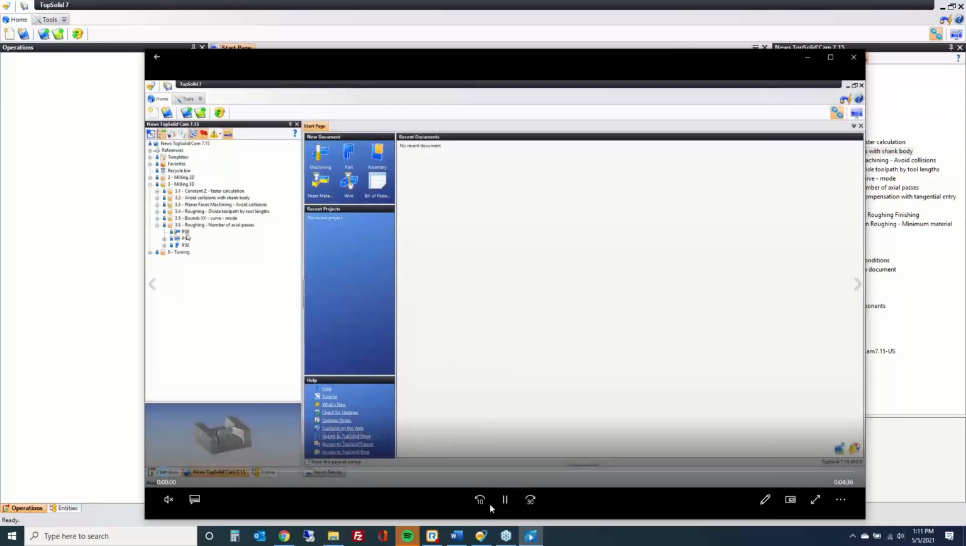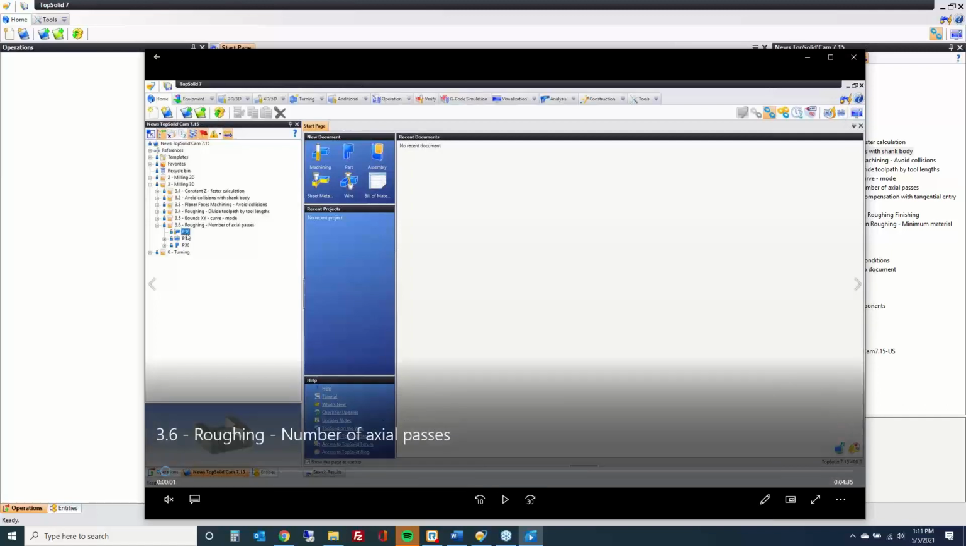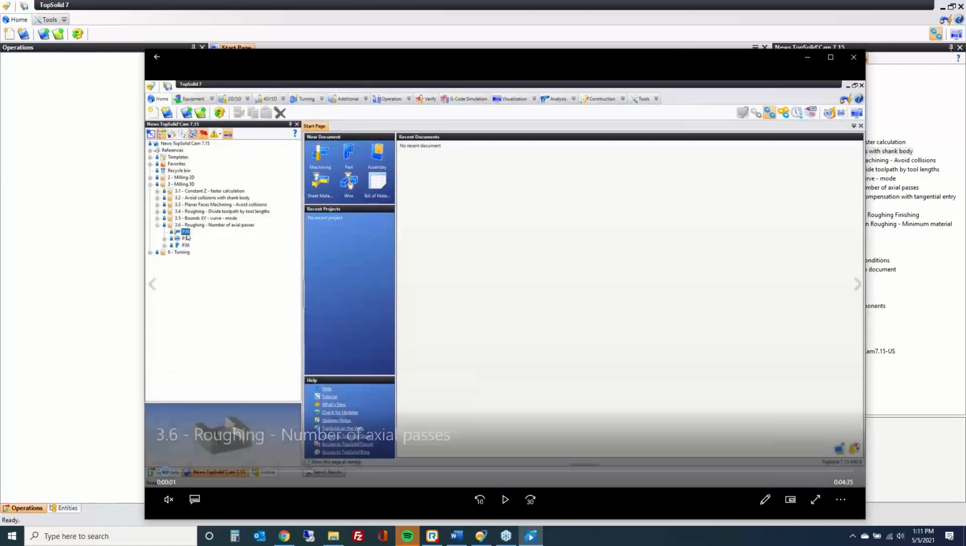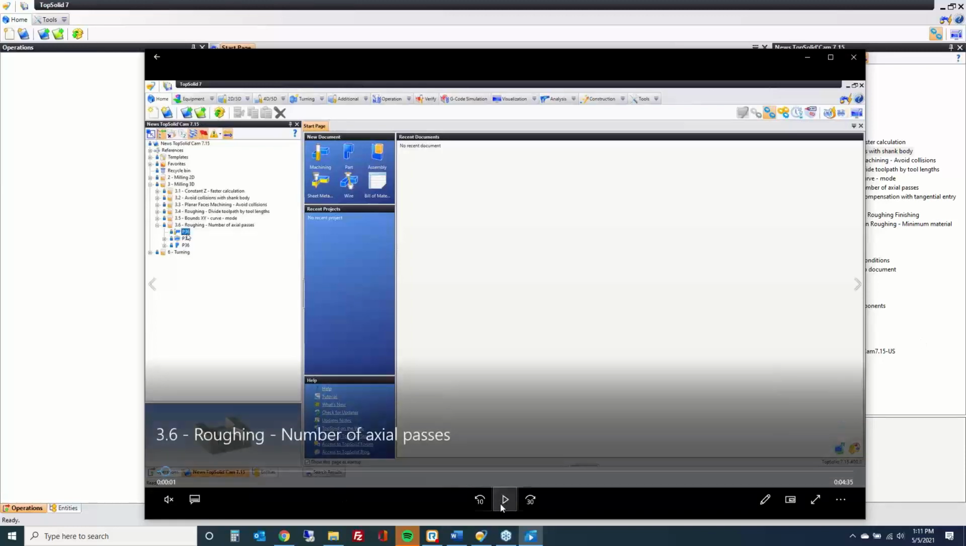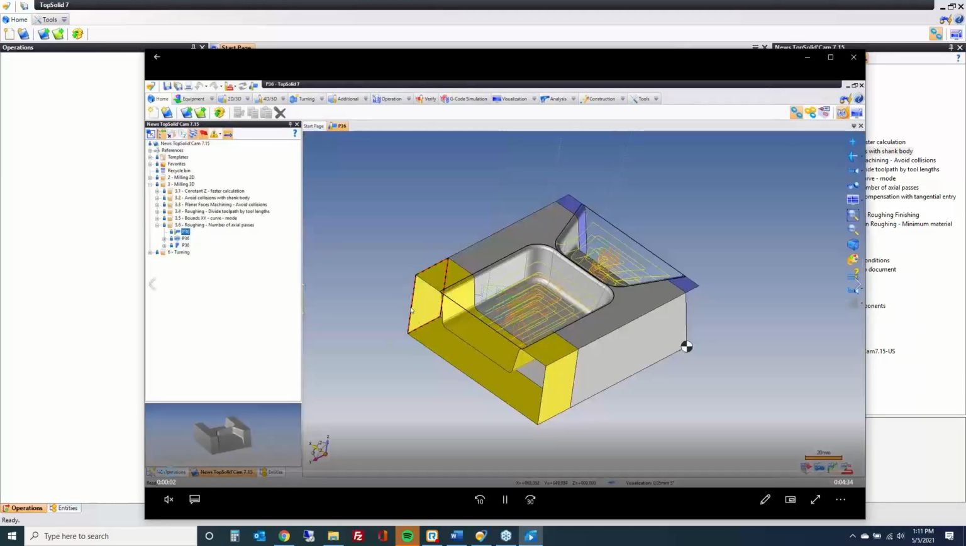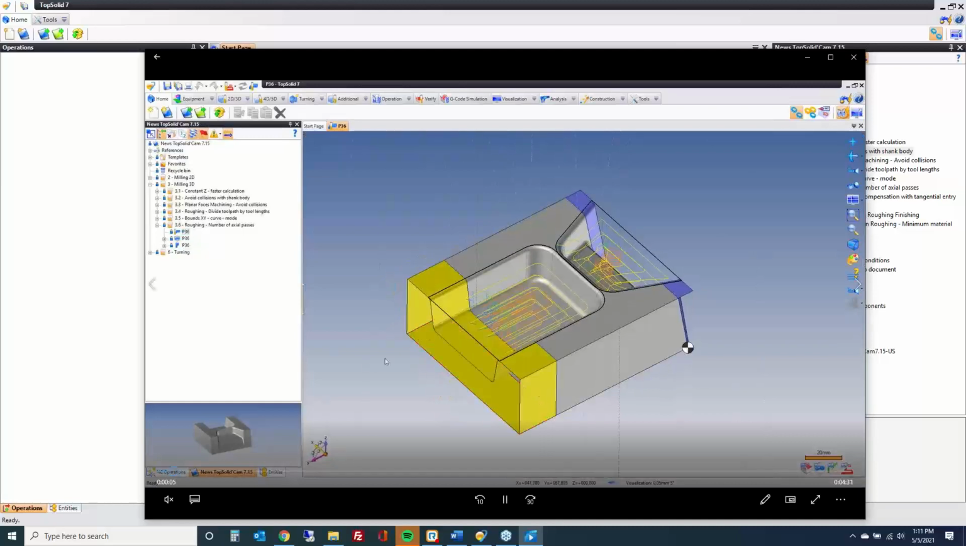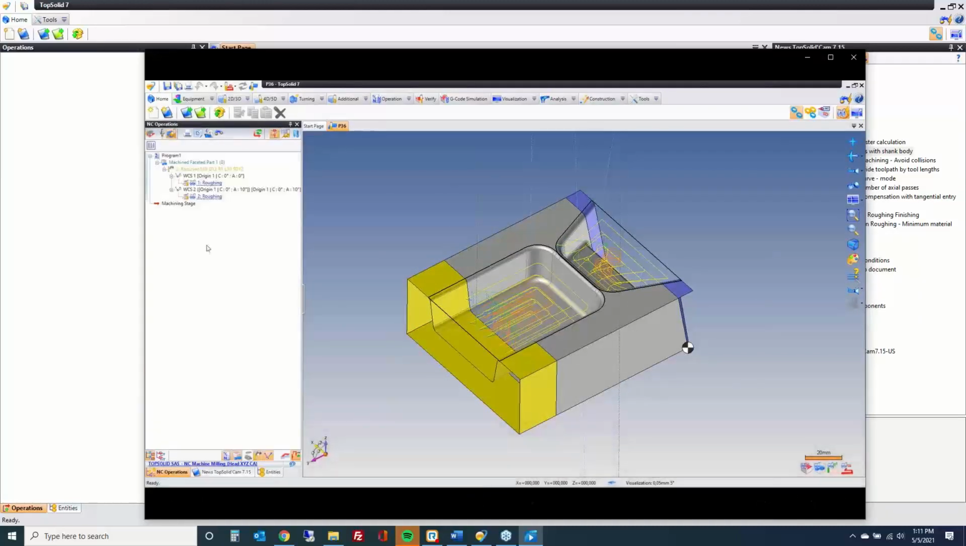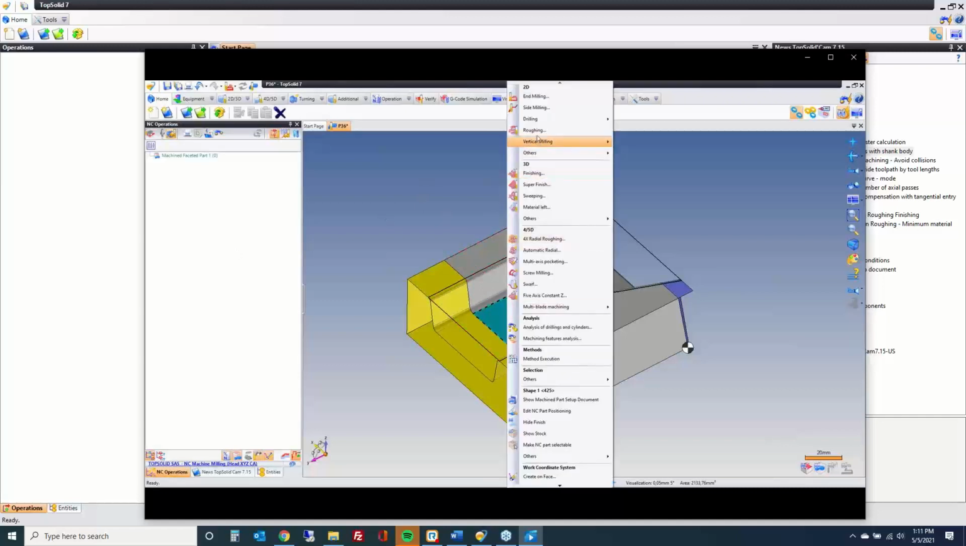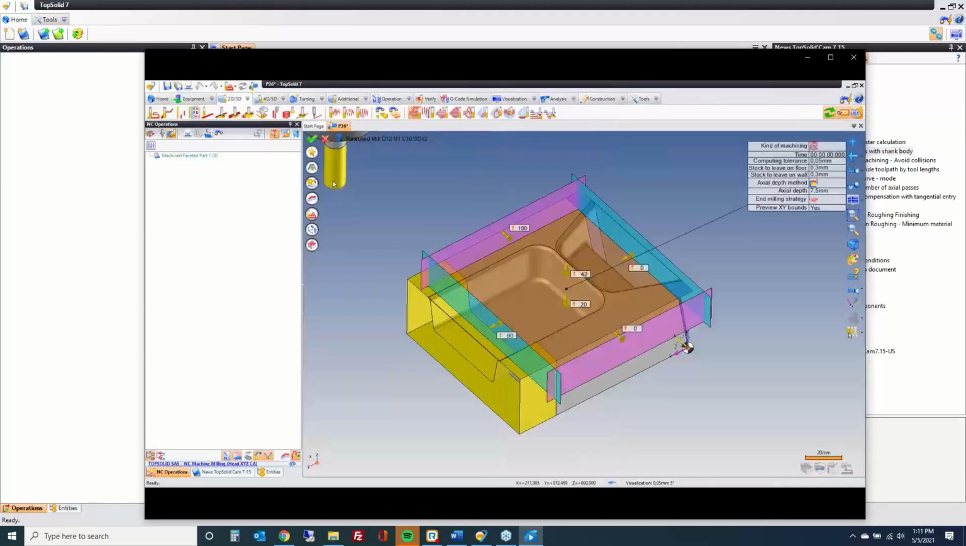Okay, next improvement. This one is, again, similar. We talked about it in 2D a little bit. It's roughing number of axial passes. So instead of doing a depth of cut, you can just say, I want to machine this in 3 passes or 4 passes. So let's have a look. So if we go to roughing, of course,